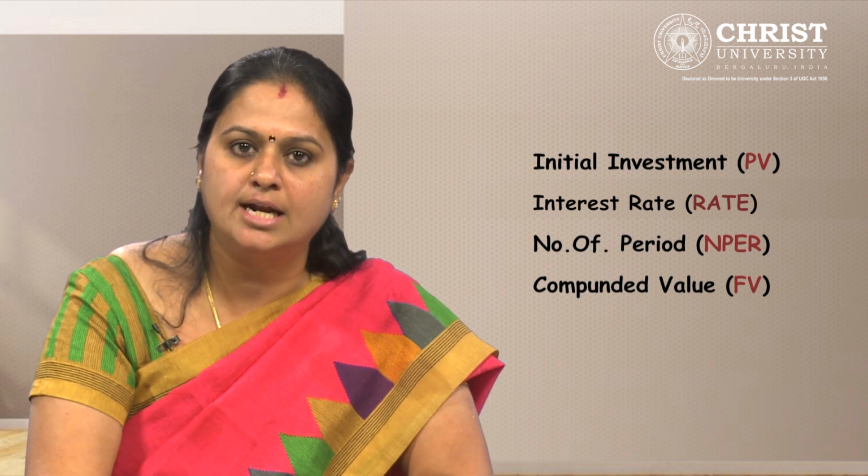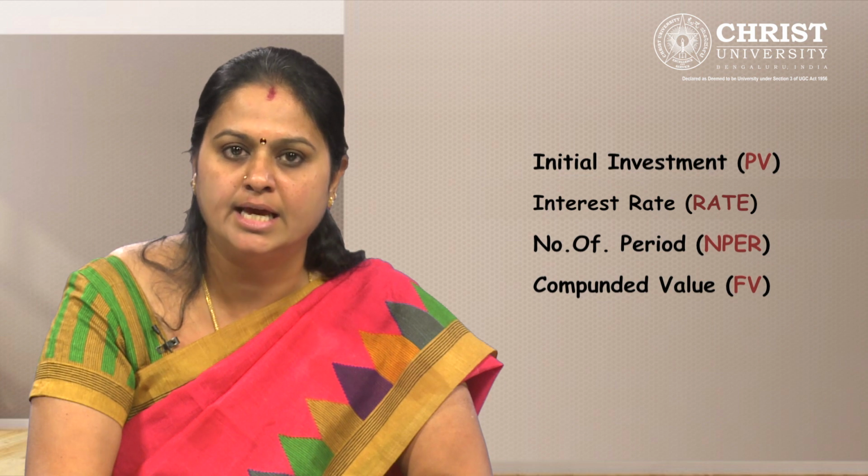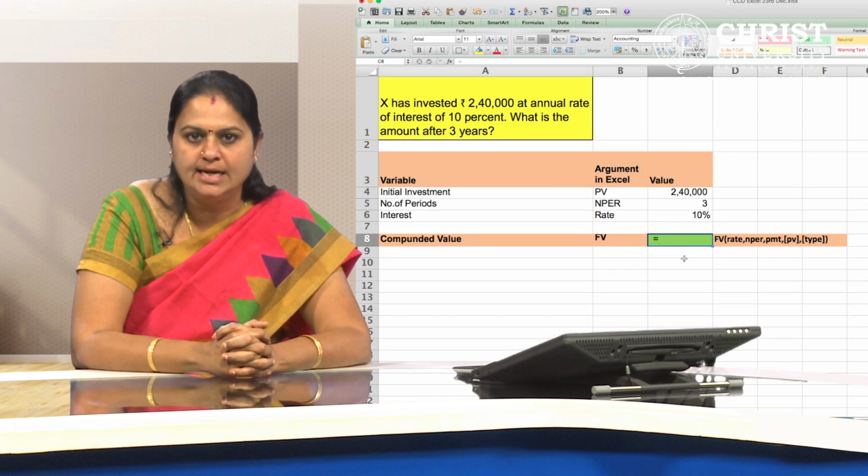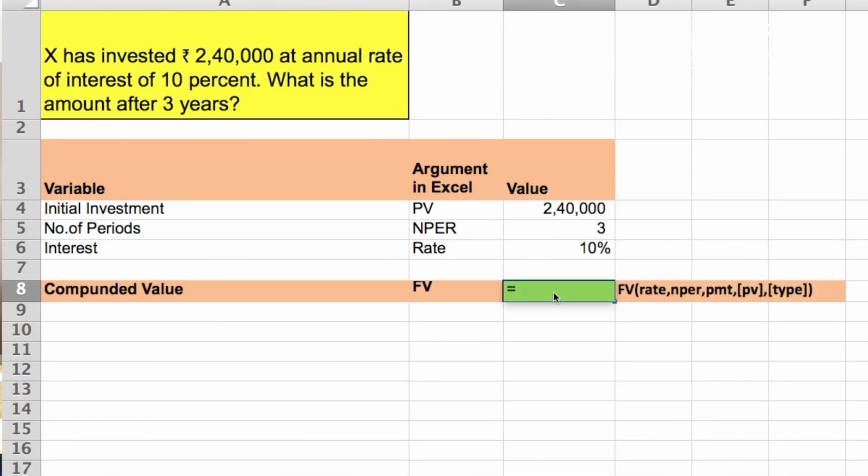Let us learn how to calculate future value of lump sum in Excel. As you know, each formula in Excel is to be prefixed by an equal to or plus sign, then followed by its syntax. Let us use the formula FV. As you type the formula with FV, help pops up and we can open the bracket as you see here. The variable which has to be put is highlighted here. The first one is rate, where we are selecting the cell. Next is NPER, where we are giving the link for the number of periods.